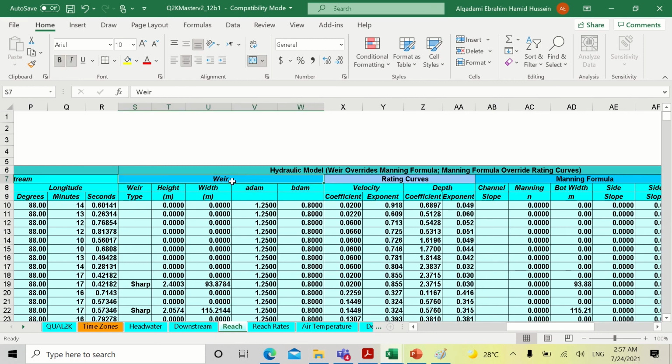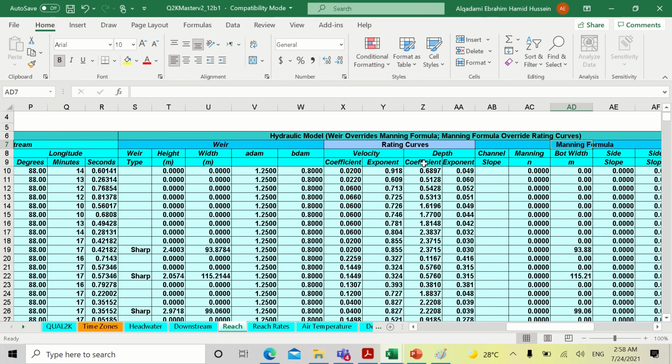So here is the first option, which is weir equations, second is the rating curves equations, and finally we have the Manning formula. I have already explained these three options in the previous tutorial when I explained the second sheet, which is headwater. In this example for Fox River, we choose rating curves to solve the hydraulic parameters, including flow